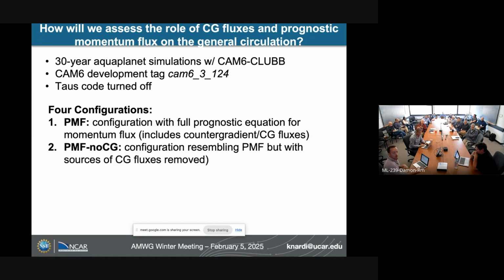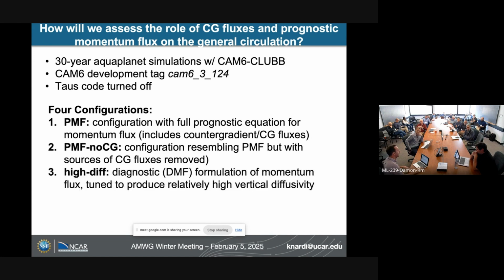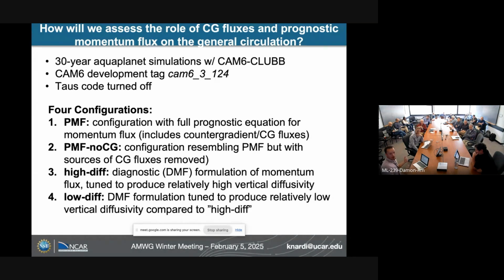Then we also have another configuration that we're calling PMF no CG, which is designed to resemble prognostic momentum flux, but we're removing the sources of the countergradient fluxes, namely buoyant production and turbulent advection. I'll describe exactly how we do that in a couple of slides. And then we also have a couple of diagnostic momentum flux formulations, so the old version of CLUBB. The first we're calling high diff, a configuration that's tuned to produce a relatively high vertical diffusivity. We do that by tuning the CK10 parameter, as I'll describe in the next slide. And then also low diff, which is similar, but now we're tuning with a lower value of CK10 to produce